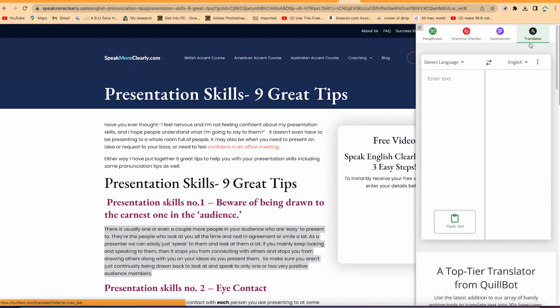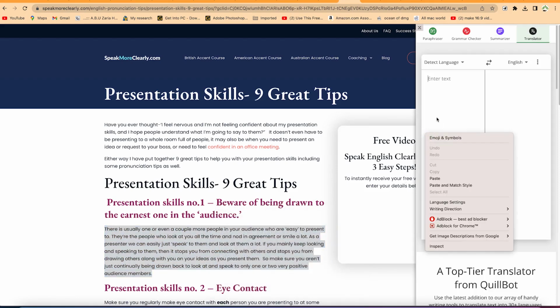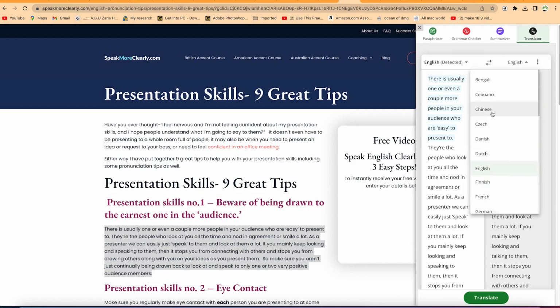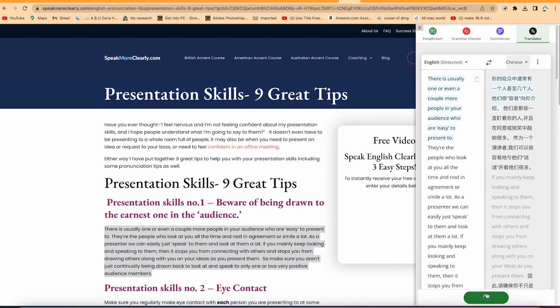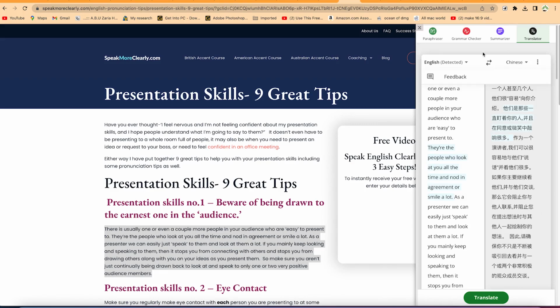You can see the translator over here also. With just this highlight, you select, copy and paste it here. You can just say translate, and it's going to translate it for you to any language. So this is to English, let's say to Chinese. And you can see it has just translated everything for you to Chinese. Okay, you can see it very nicely. So that's the beauty of this extension. You can work on it on different kinds of pages or different kinds of tabs, and you have the opportunity to use this effectively.